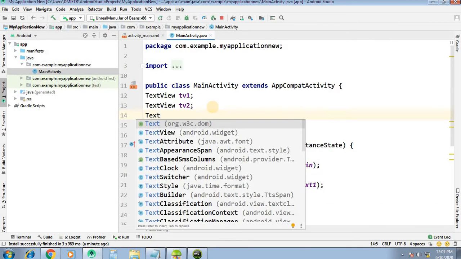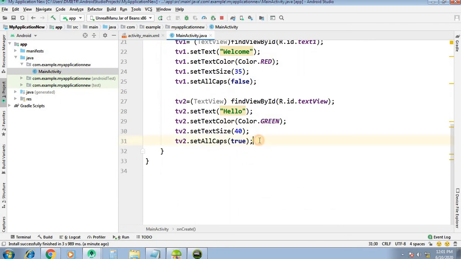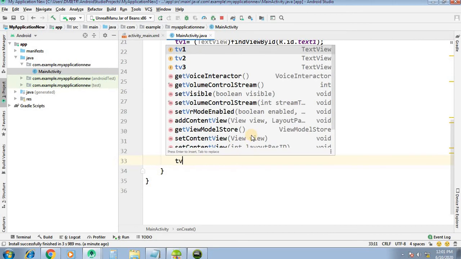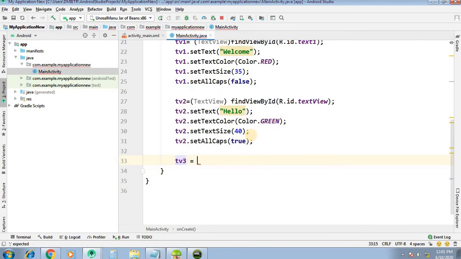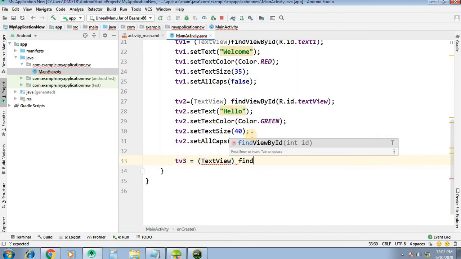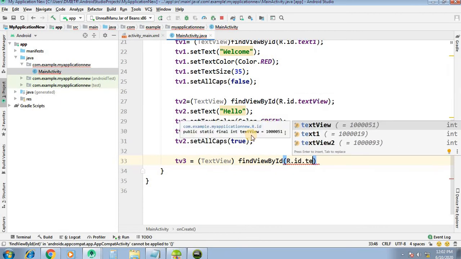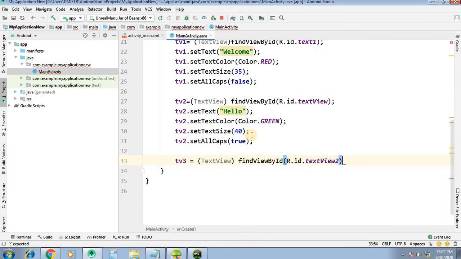TextView tv3. Then we have to initialize tv3 equal to TextView, findViewById, R.id.textView2. So this third text view will be matched.